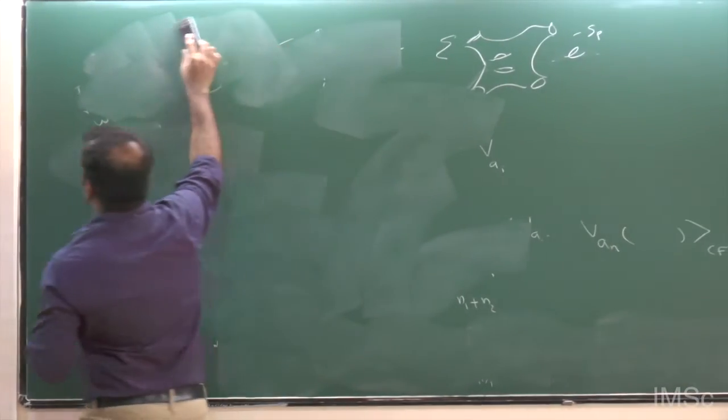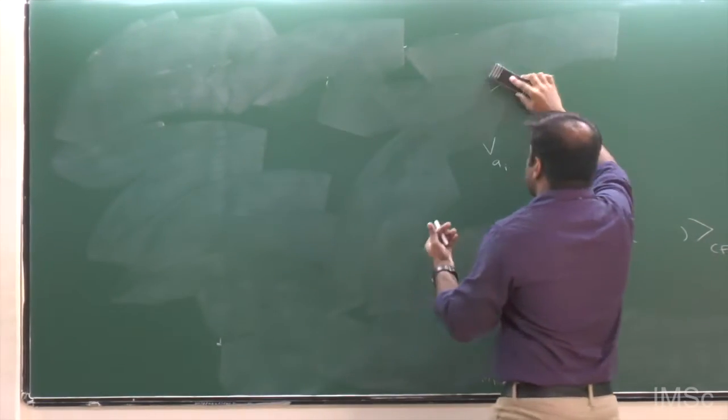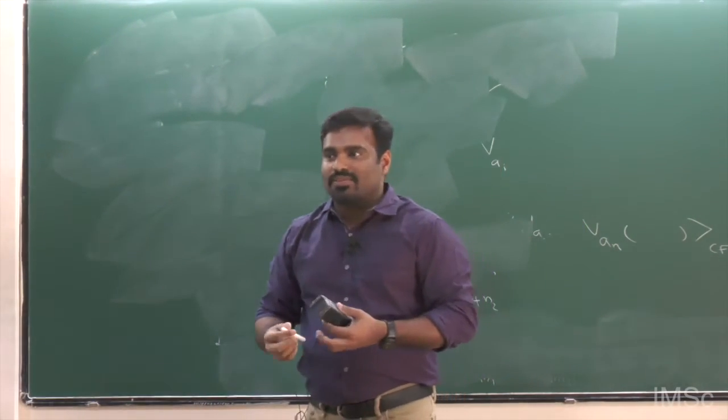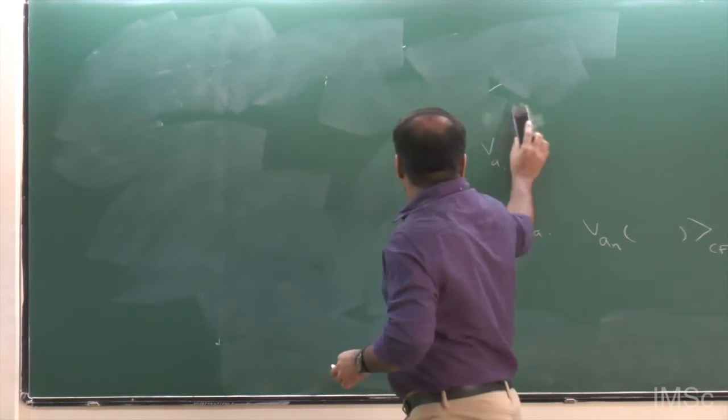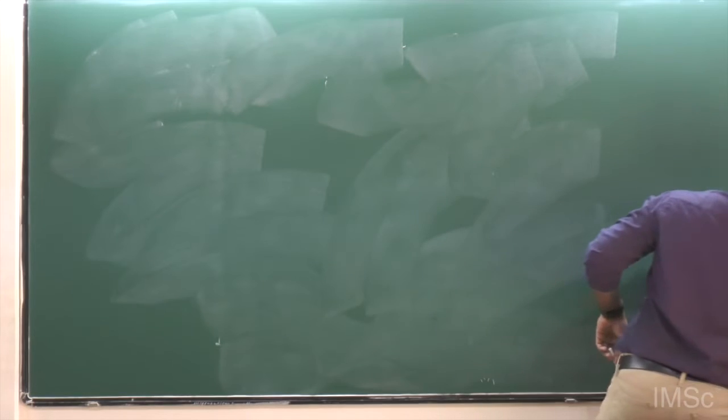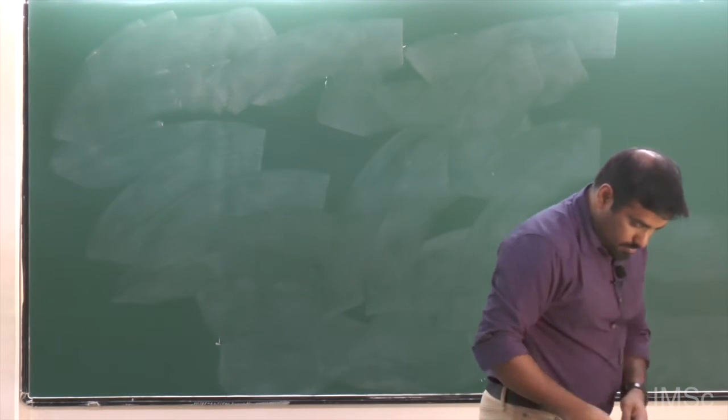So the basic idea that I want to convey was that string field theory is not just a fancy subject, it's a necessary thing to do, if you want to do string perturbation theory. And so I said that string field theory is a quantum field theory. And we know that string theory has excitations that are gauge fields. So you have the usual photon-like gauge field, and you have gravitons, which is again a gauge field. So you expect that string field theory must be a complicated gauge theory.